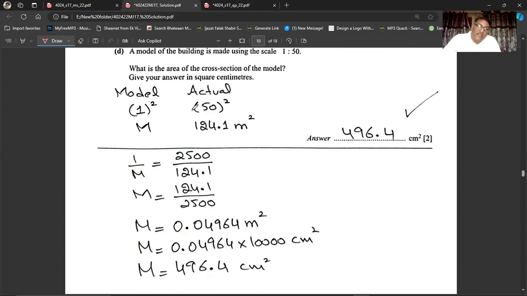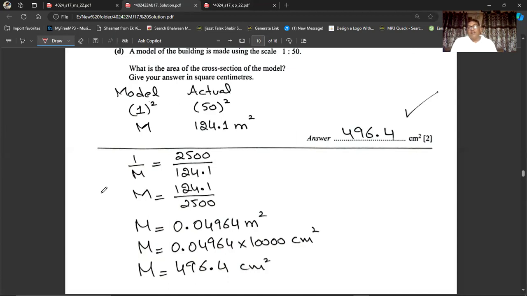So I will have 1 square, and here we will have 50 square. The area on the model is the question. Area in actual is 124.1 meter square. These do not have unit. There is only one entry here which has unit, so the m will automatically have this same unit. So 1 divided by m is equal to 2500 divided by 124.1. So m will be equal to 124.1 divided by 2500. So m will be equal to